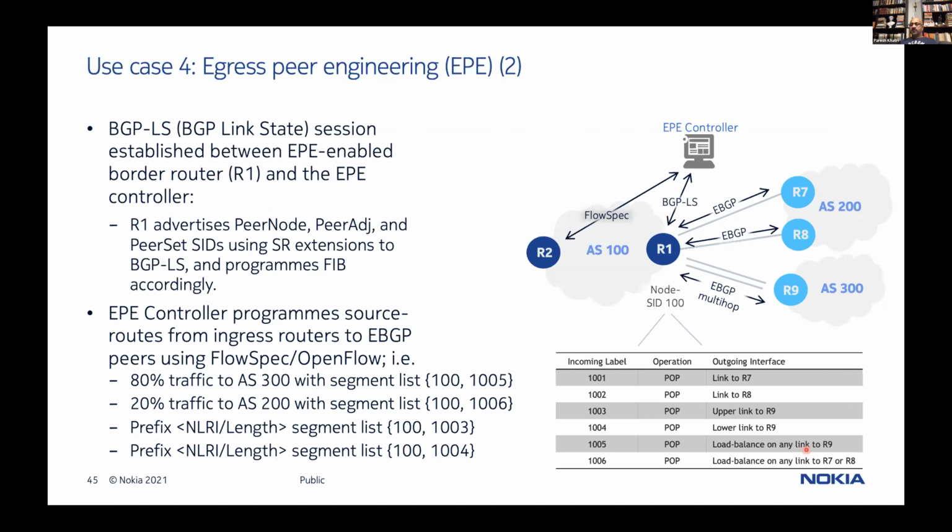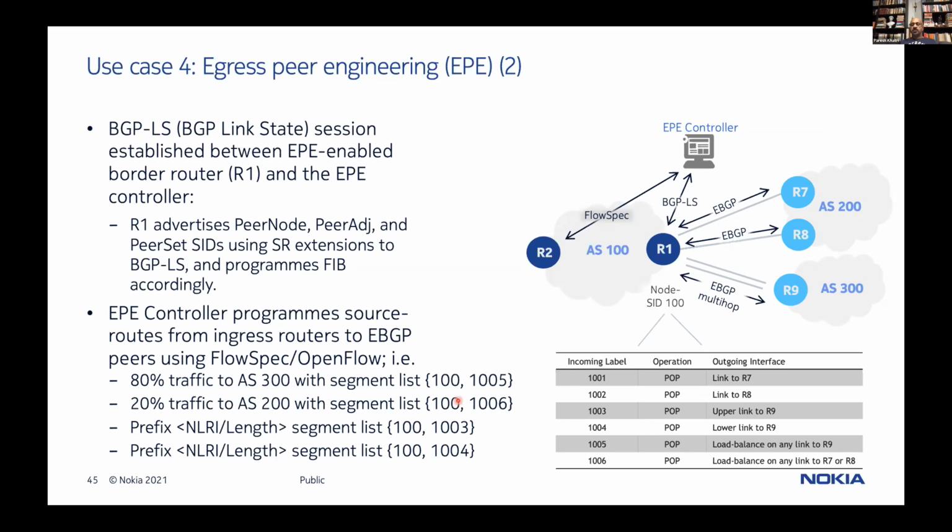Because we haven't specified a particular link, when a packet gets to R1 with a SID of 1005, it'll load share that traffic, load balance the traffic over the two links to R9, right? Because that's what that SID says. So that's one action. We could then say, send 20% of the traffic out to AS200 and put a segment